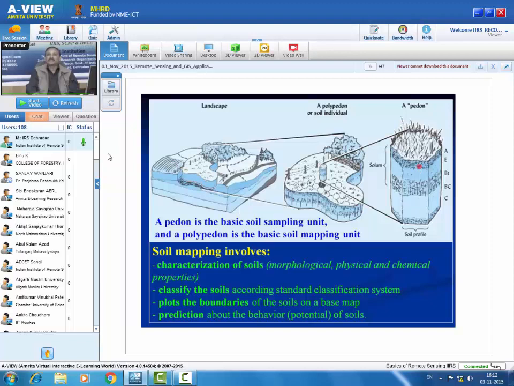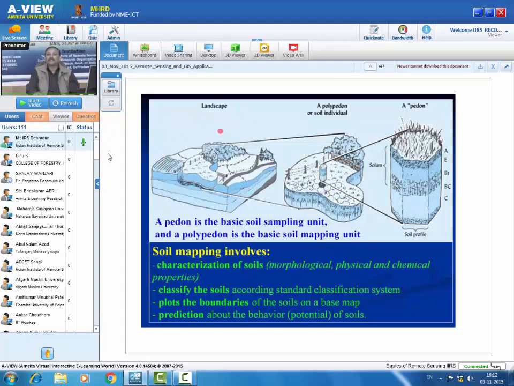And we say here the one landscape unit is composed of many pedons, and those pedons are similar in characteristics. That's why we call it a polypedon. So we can say pedon is the unit of soil sampling. Pedon is a soil sampling unit, and polypedon is a soil mapping unit. We can map polypedon, and we can characterize or study pedon. So to map polypedon, you have to